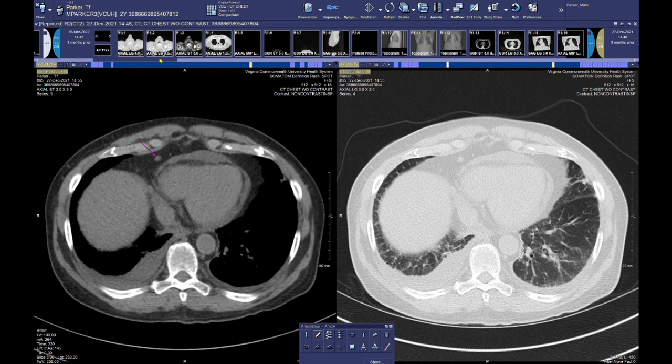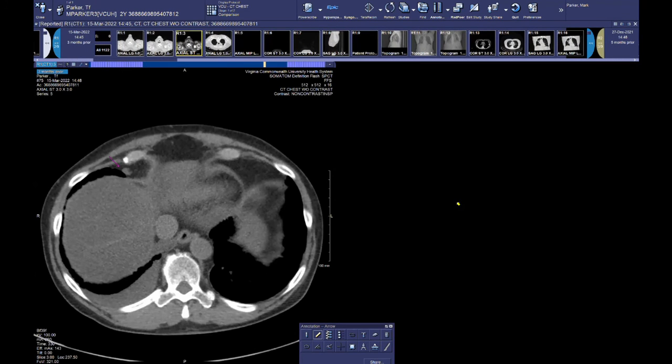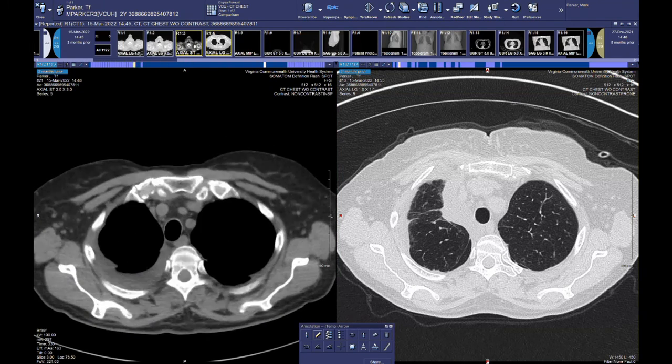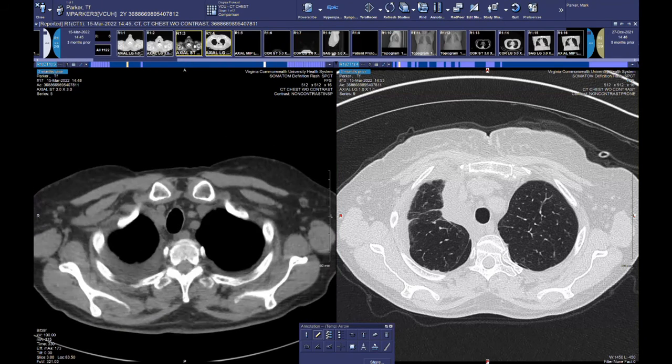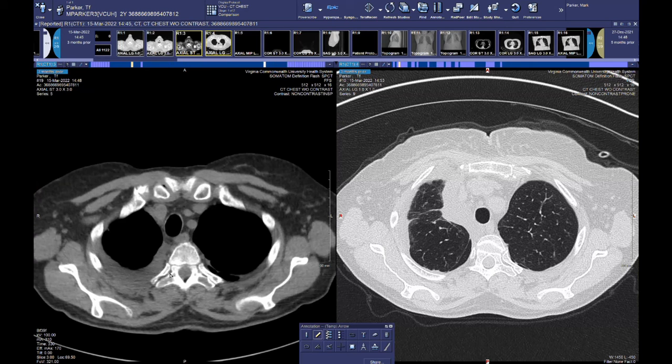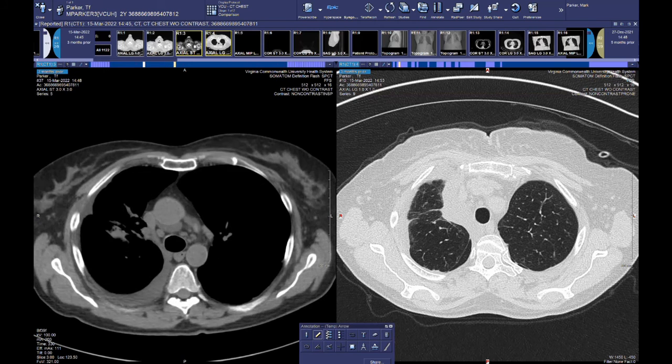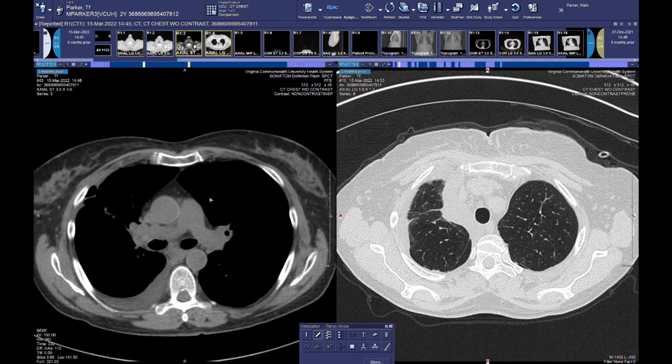The next examination is from March 15. This was actually a dedicated HRCT examination, with inspiration and expiration imaging, prone and supine imaging. For the sake of time, I'll tell you that there was no evidence of air trapping in expiratory imaging. On the soft tissue windows, you can still see a large right pleural effusion. It's loculated in nature. Some lymph nodes have waxed and waned, borderline to slightly enlarged in size. The largest one was again persisting in the right hilar region.